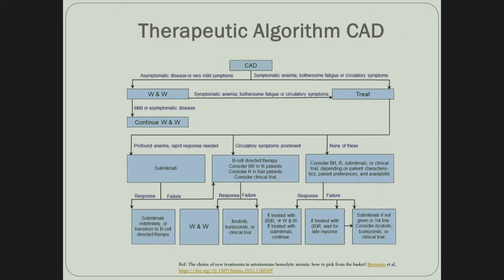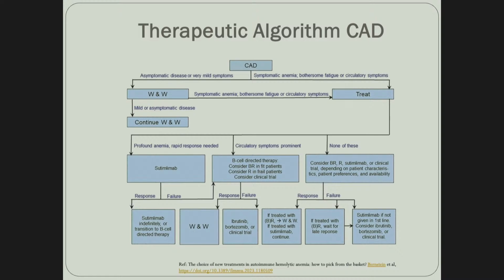Therapeutic algorithm for cold agglutinin disease. In most conditions when you suspect a cold agglutinin disease, with an asymptomatic disease or very mild symptoms, a wait and watch approach should be taken. First thing you have to tell them is to keep warm, and any fluids being taken should be warm. This can help to recover from those cold agglutinin symptoms. Treating the underlying disease like mycoplasma pneumonia, with macrolides, can relieve the symptoms. Whereas if symptomatic anemia or bothersome fatigue and circulatory symptoms are there, you need to treat. You can use bendamustine with rituximab, or rituximab alone